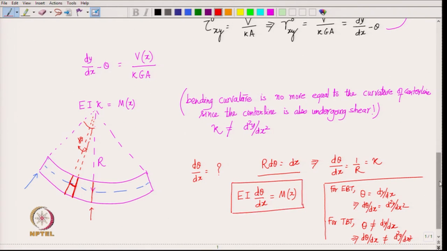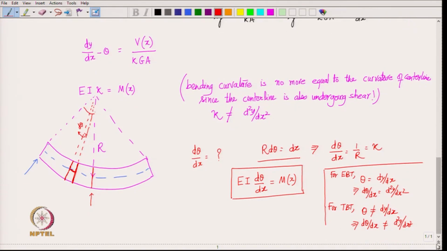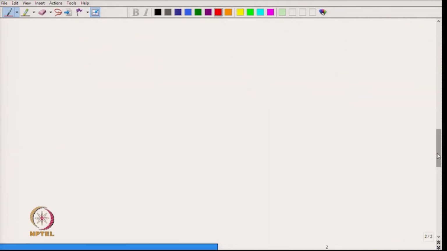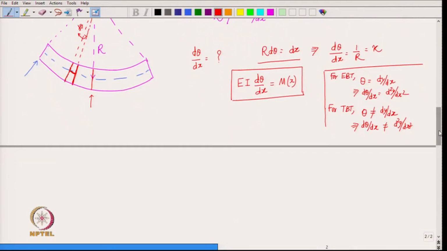All right. So, finally, we have gotten the two equations required for Timoshenko beam theory, and we can write them together. It is dy by dx minus θ is equal to shear force V of x by correction factor k G A, and EI dθ by dx is equal to bending moment M of x,